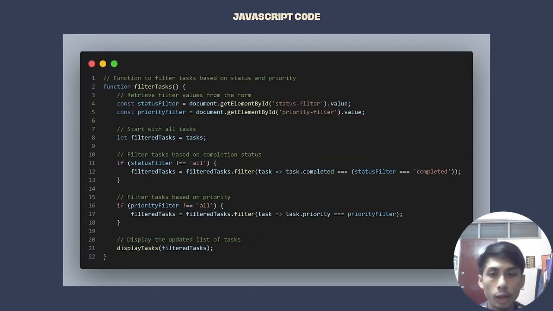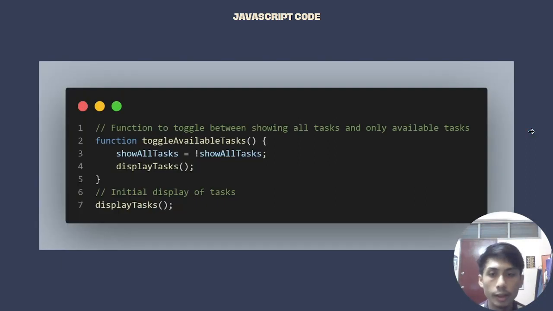And then we have a new function, filterTasks, which is used to filter tasks based on status and priority, and then we retrieve the filter values from the form, where we use const statusFilter. And lastly, we have a function named toggleAvailableTasks, which is used to toggle between showing all tasks and only